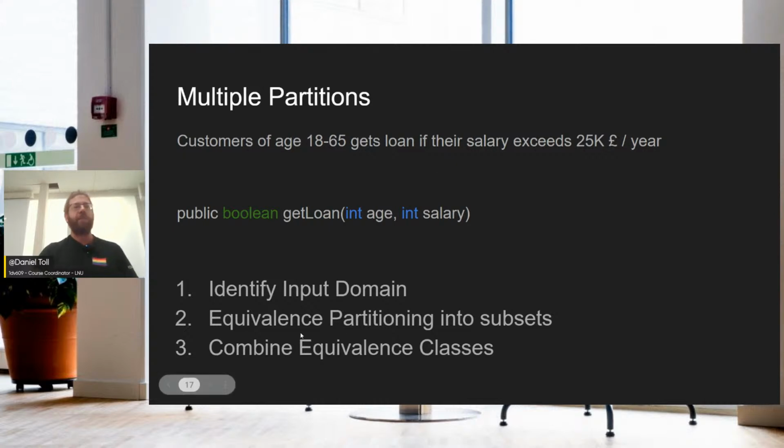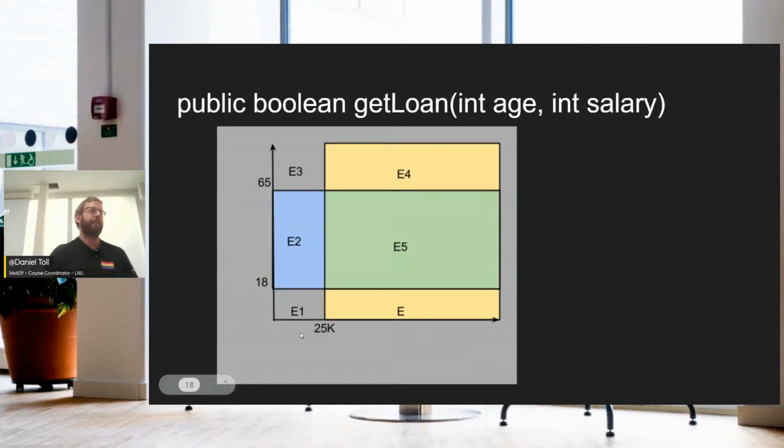And then we create combinations of these. You would end up with something like this, where I have salaries on the x-axis and age on the y-axis. We can have different reasons for not getting a loan. Down here in E1, equivalence partition 1, it means that you are underage and don't earn enough money to get a loan. And over here, you're underage, but you earn a lot of money, but we are not going to give you a loan